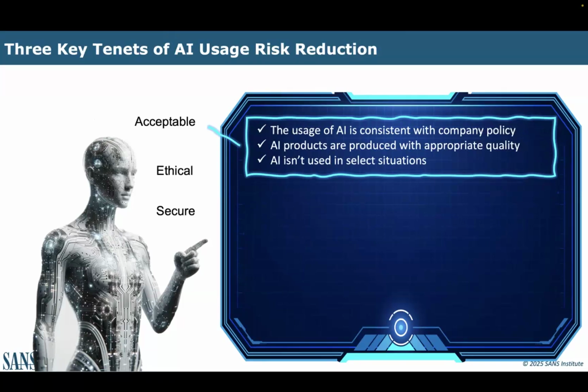AI usage should not be done in certain situations. We're going to talk about policy later, which should define what those situations are, but there are situations where it's just not acceptable to use AI. For example, "Jimmy was mean to me, how do I take disciplinary action as his boss?" Those are not good uses of AI. I mean, it might give you some suggestions, but remember there's no judgment in AI, there's no ethics in AI. We'll get to a little more on that in a second.